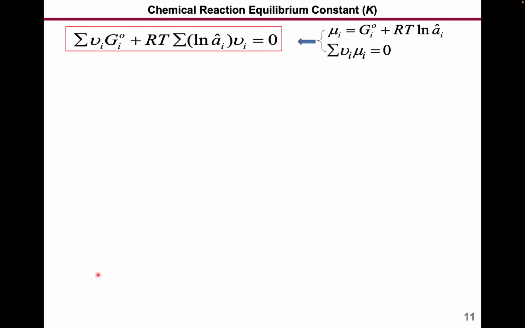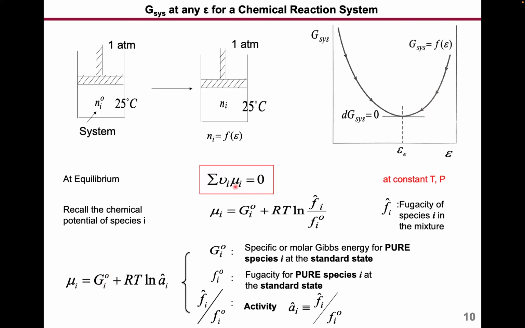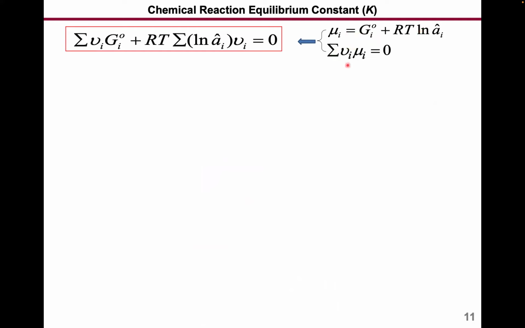So now what you do is you plug this back into this equation, right? So you have this, and then you combine these two equations. What you will get is summation ν_i G_i^0. You plug this in as μ_i, and then you split into ν_i times G_i^0, and ν_i times RT. RT is constant because of constant temperature and pressure. You move it to the outside, and then natural log